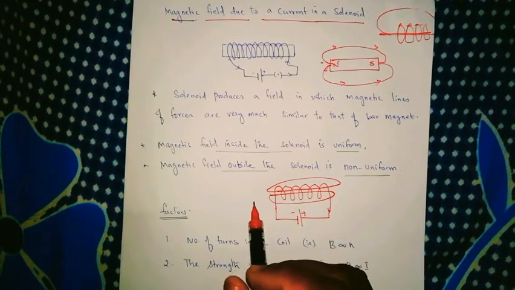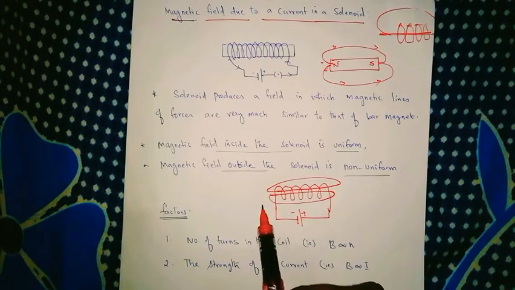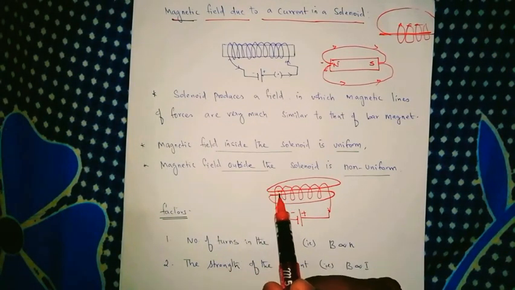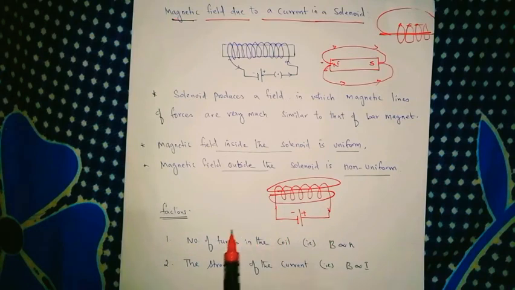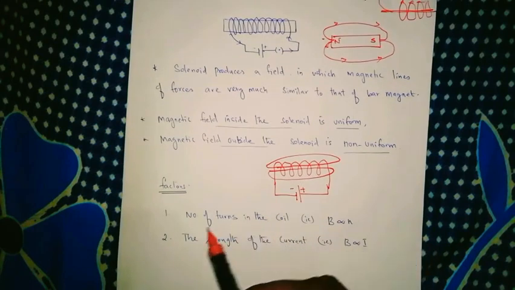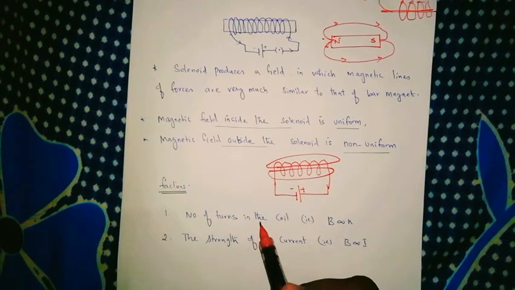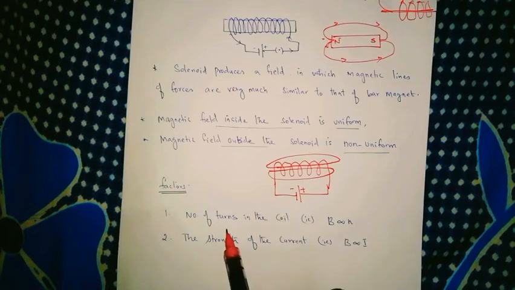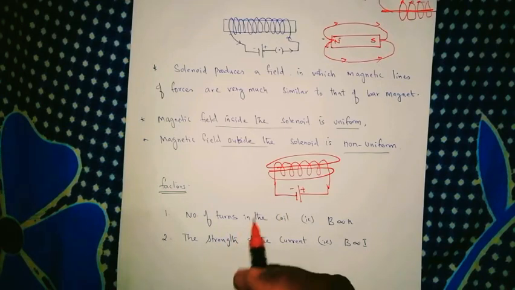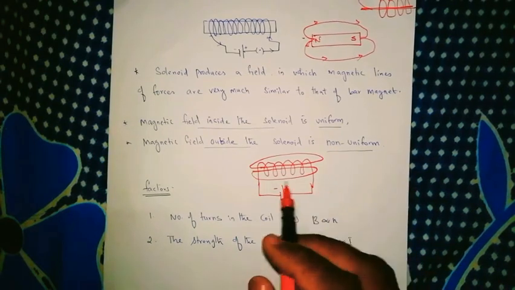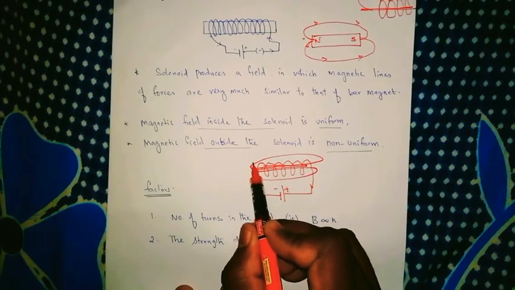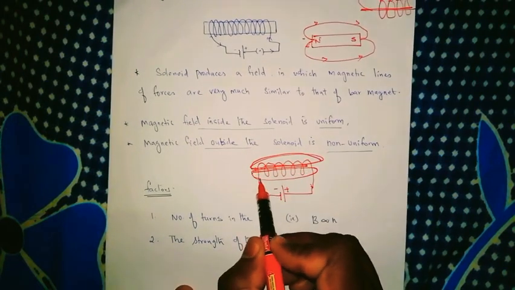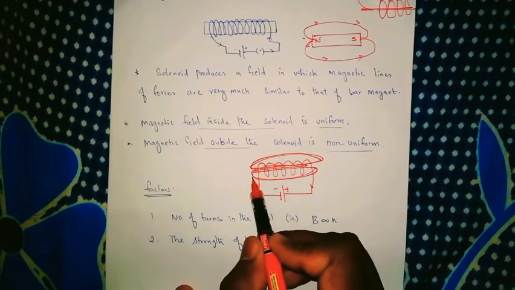What is actually uniform and non-uniform? Uniform is nothing but if the magnetic field is equal in magnitude and in the same direction at every point in a space, the field is said to be uniform. Okay, and the non-uniform is nothing but the magnetic field is not equal in magnitude and the direction is also not the same at every point in that space. The field is said to be non-uniform. If I want to explain more, you can see these straight lines are formed, so uniform, and here there is no straight line. These curved lines are formed outside the solenoid, so they are non-uniform.